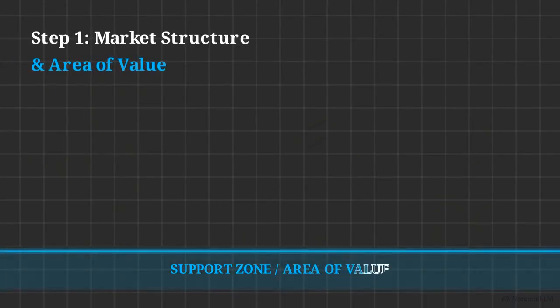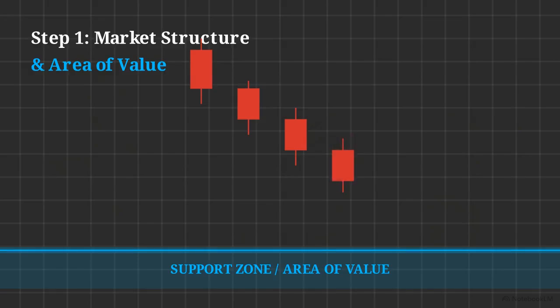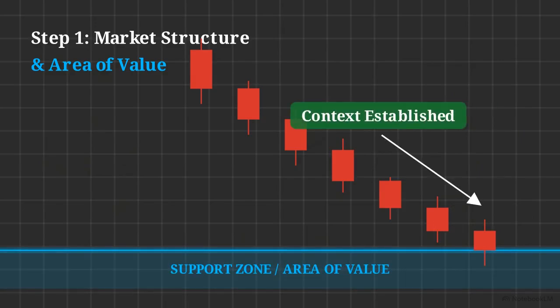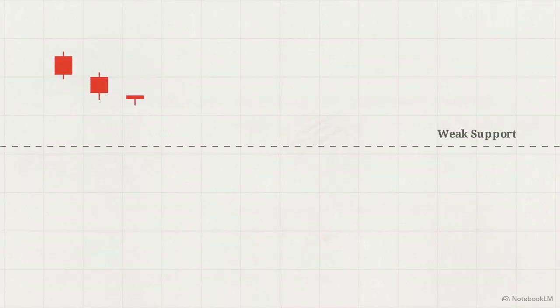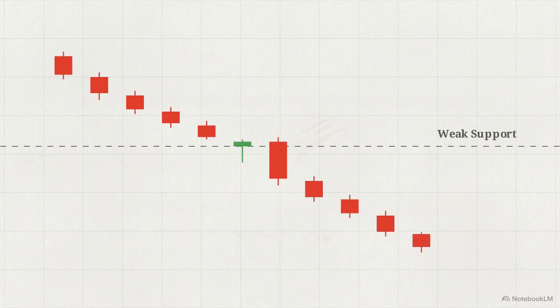Before we even look at a single candlestick, we need the right context. We are looking for a clear downtrend, 6 or 7 consecutive red candles, crashing directly into a strong historical support zone. Attempting to trade a hammer reversal in a vacuum without an underlying support level leads to consistent failure. Without the floor of a support zone, a downtrend carries enough momentum to break through individual candles and continue its